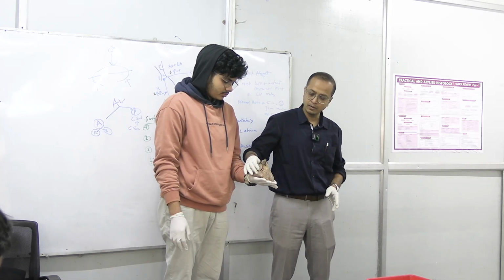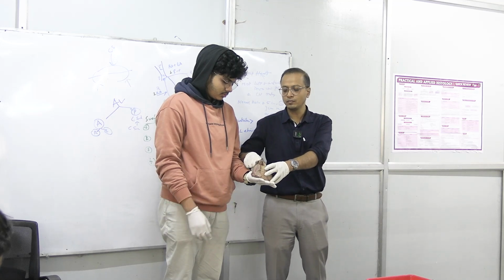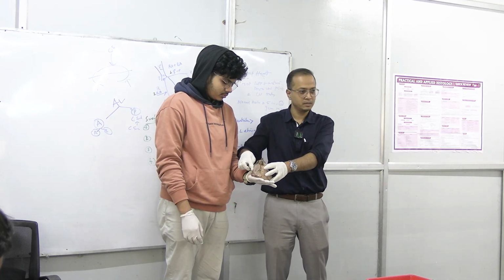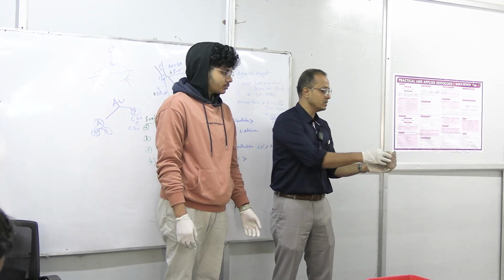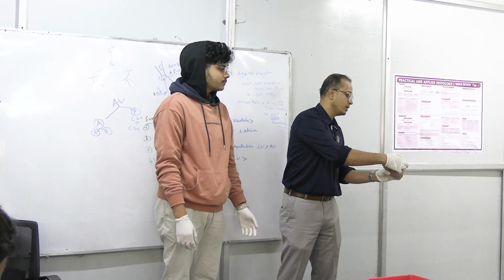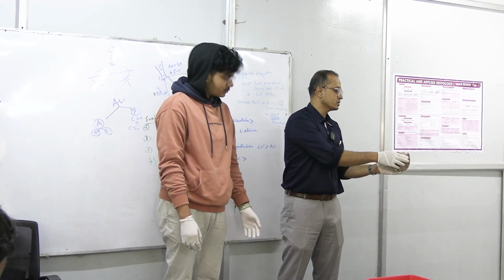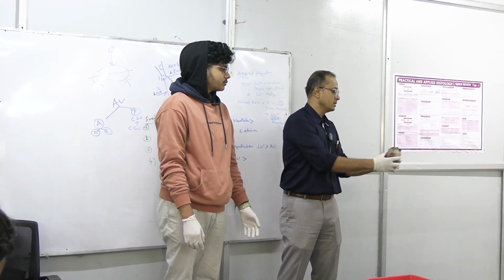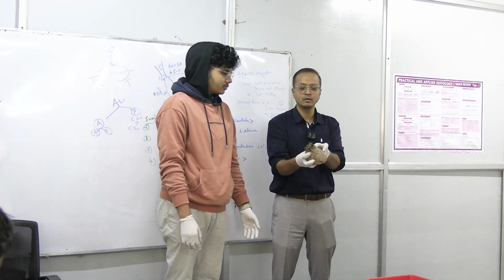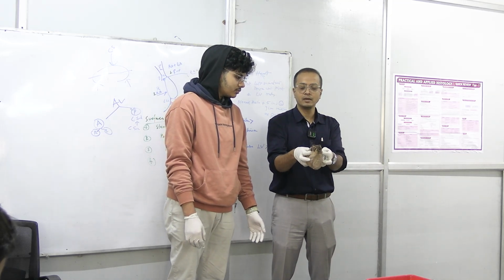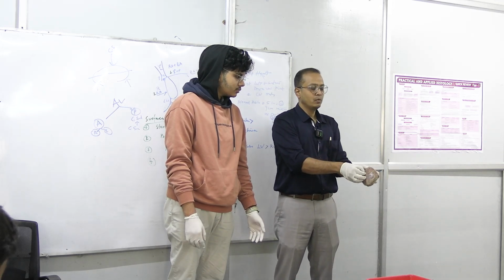Now, coming to the grooves which are present in it. The C-shaped groove we call the AV groove. Between the atrium and ventricle, this is the atrioventricular groove. This groove has two parts: the posterior part, which you are seeing here on the back side, and the anterior part, which is a little bit shorter. The posterior part of the groove is also known as